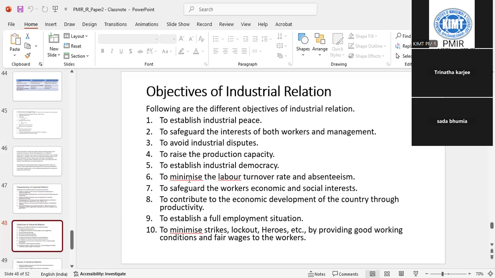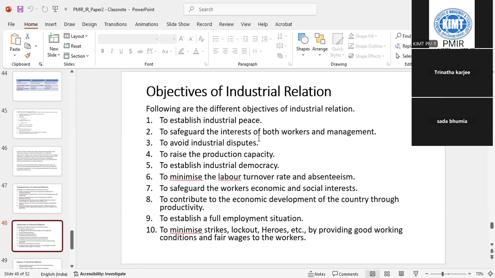When you have good relations with everyone, you will have a good mood to work in the organization, good relations with everyone. Suppose you are not having good relations with your boss, you will not feel like working. If you have good relations, then your mental peace will be good, your work environment will be good, you will definitely work better. So that is the first point.